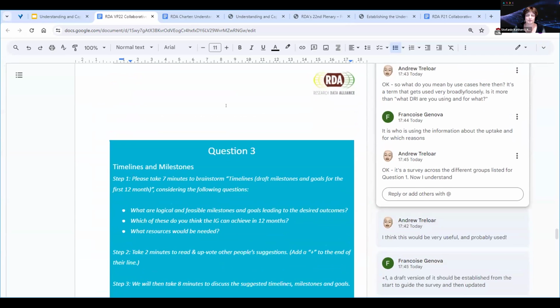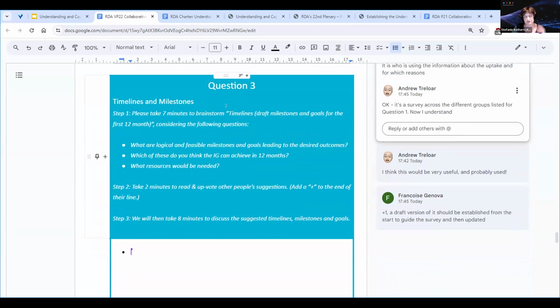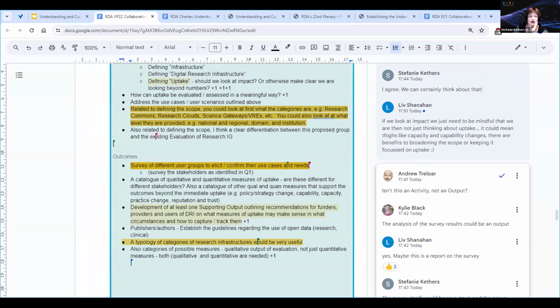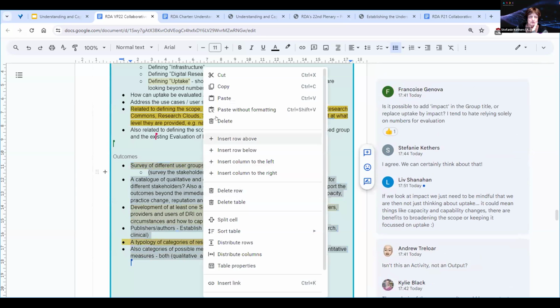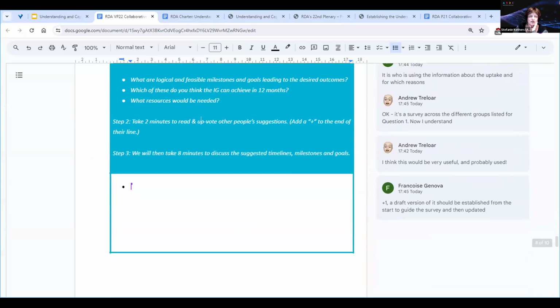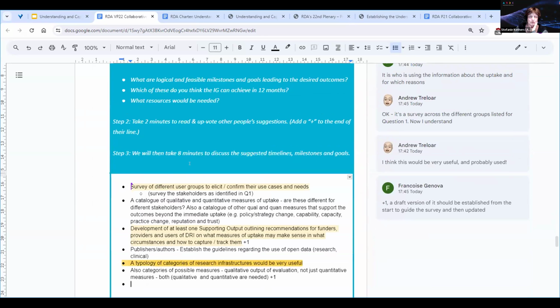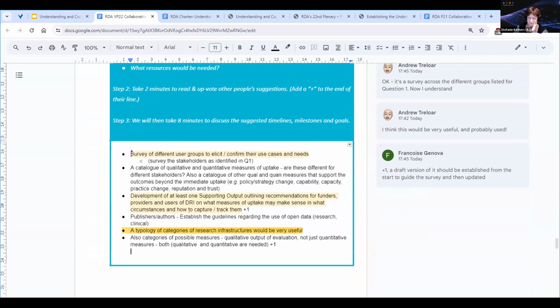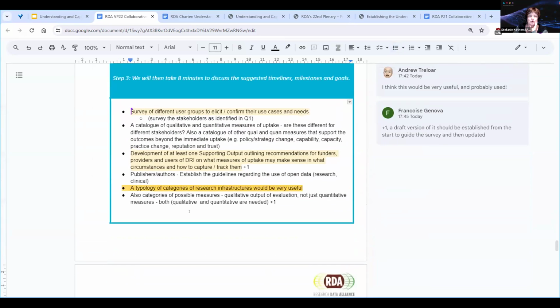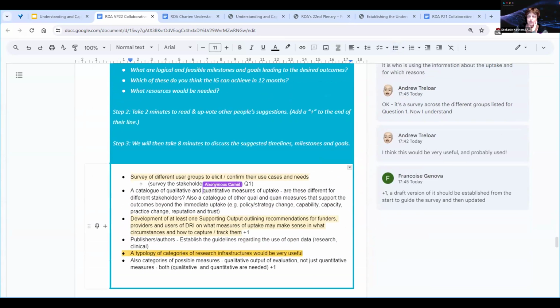Okay, so bearing in mind, and we're starting from a blank slate there a little bit, the outcomes that we have here, I think I'll just copy them over. It's going to be a little bit messy, but let's just do that. So if these are our proposed outcomes, outputs in some cases, do you have any thoughts on what we could do in the first 12 months as a group? There seems to be a logical order that the survey would have to come before the recommendation, obviously.